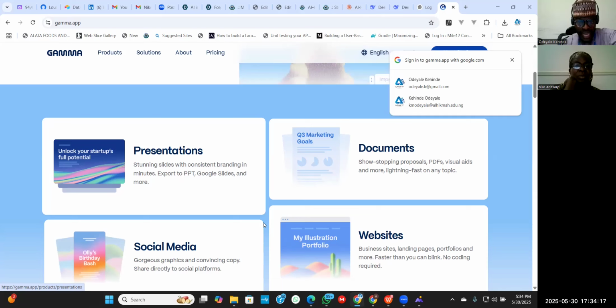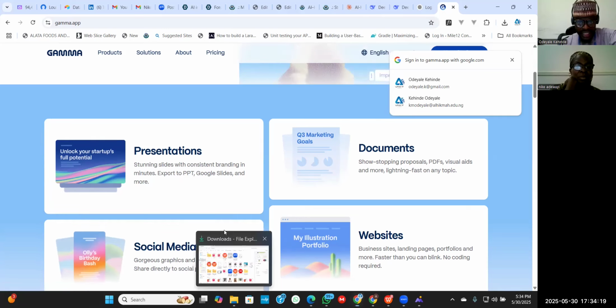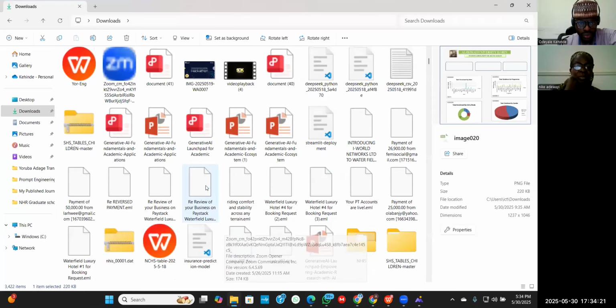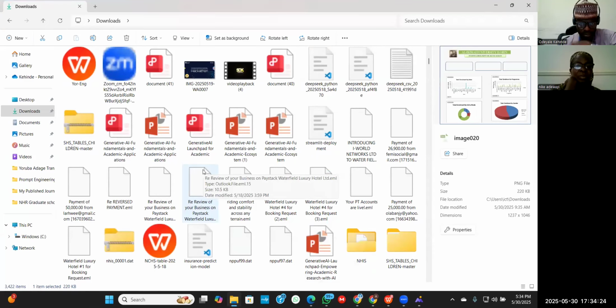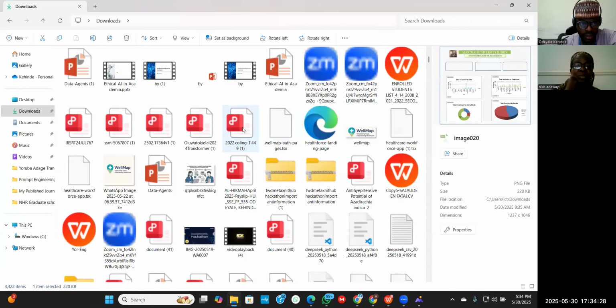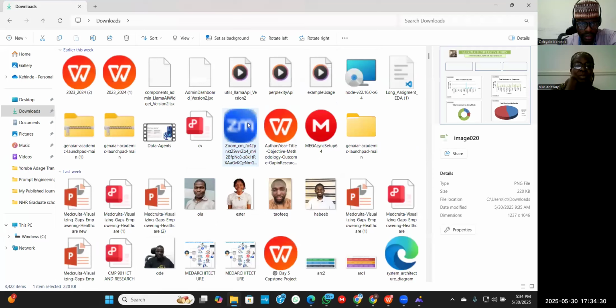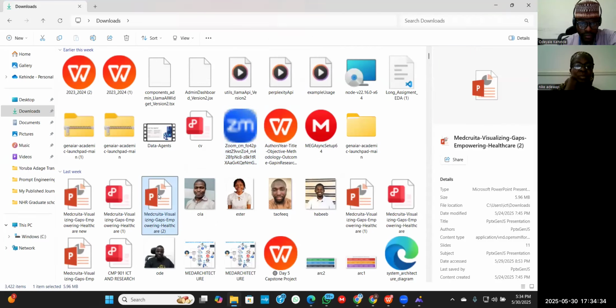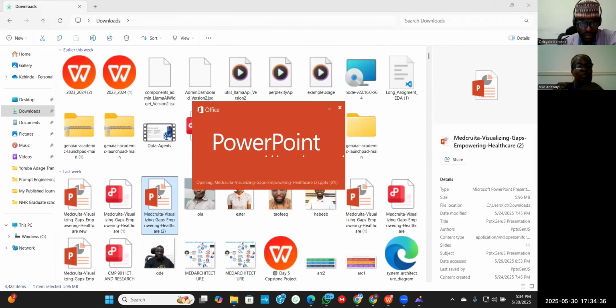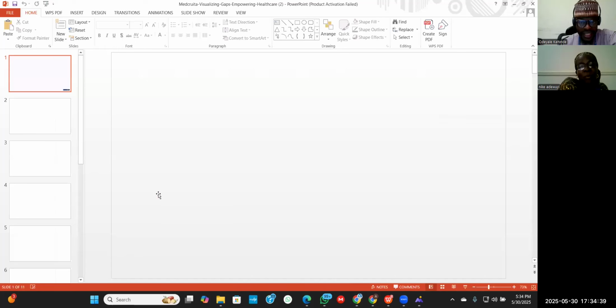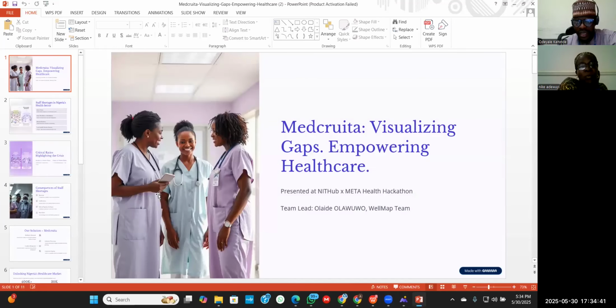Okay, it will prepare. I have one slide here that I used Gamma to do. Okay, this is it. So it is Gamma that created it. Can you see?